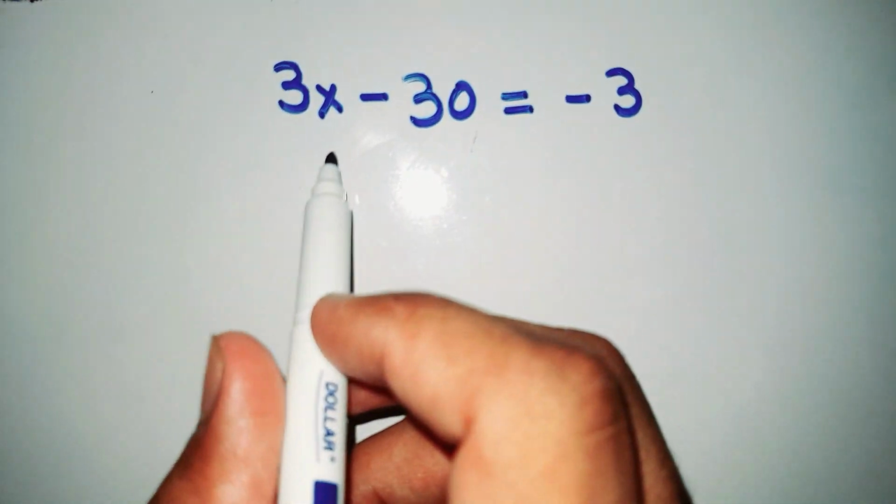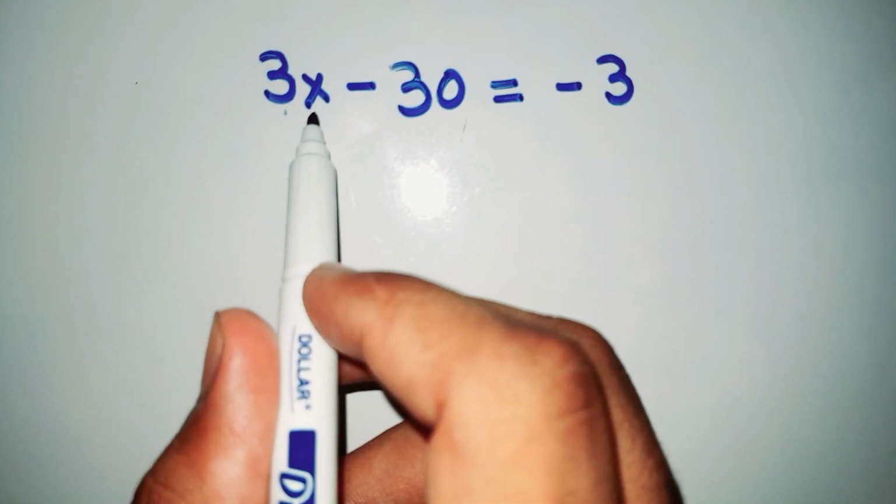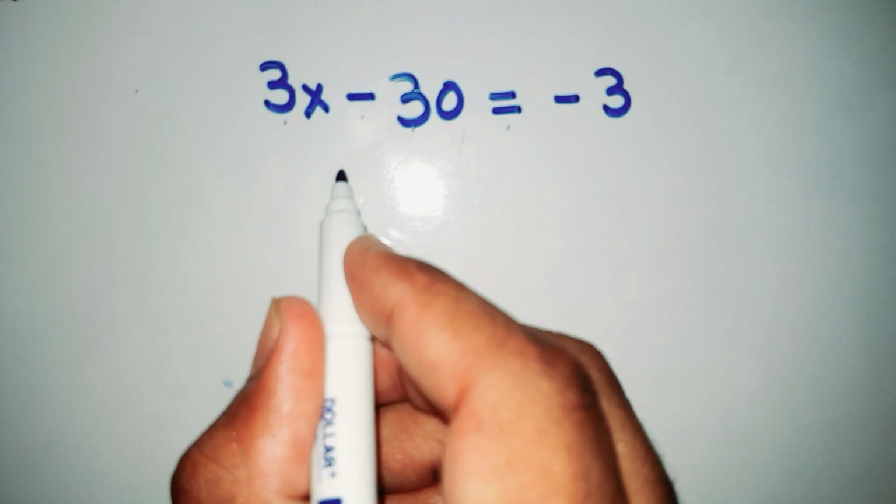In this video we are going to solve this problem. We have to find the value of x. Let 3x minus 30 is equal to minus 3. So first of all here we write